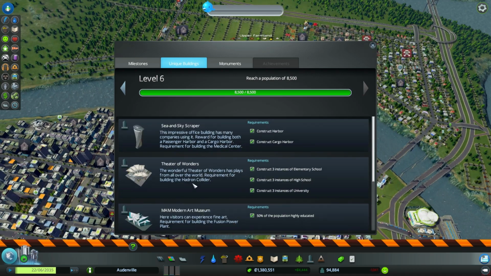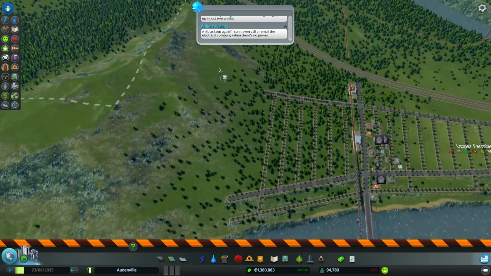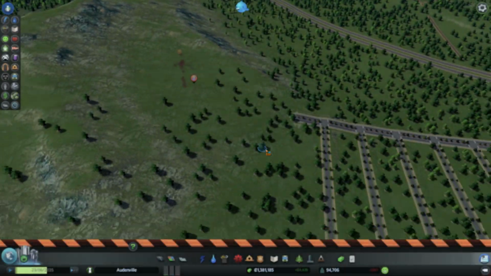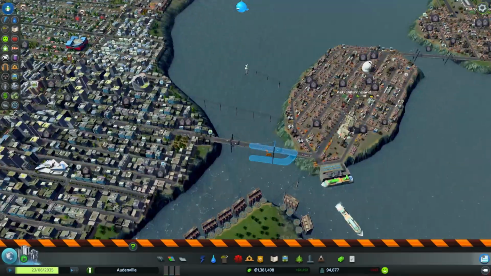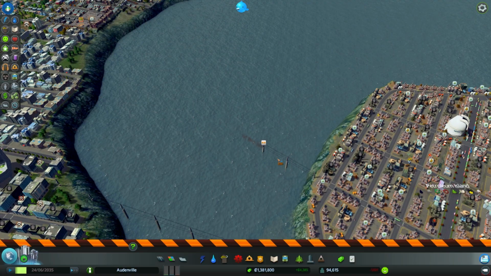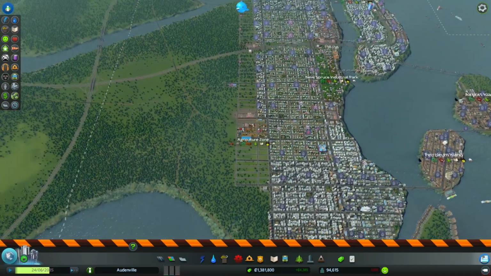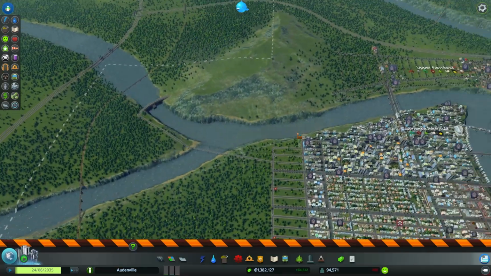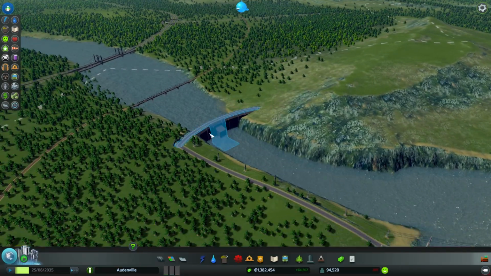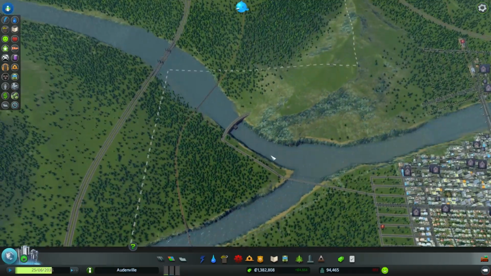So we now got a Theater of Wonders and a Cathedral of Plentitude to build. So that's good. I'll find some spots for those in a sec. So these guys. I'm actually going to blow up this thing. Listen, this city, I'm not a big fan of green energy. Have to keep the dam though. I think it's starting to work now. Or not. Now suddenly the water's back, so...